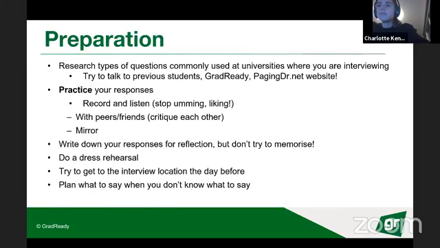That sounds good. Yeah, and then so prep. Again, just do your research. Talk to previous students, Google things, find forums. Paging Doctor is quite a good resource for interviews. I didn't really like it for anything else because I thought that everyone on it was a little bit fear-mongering. But it's good to read through people's past experiences and what people wore, how people felt, which room they went to. And then another thing is to practice your responses.